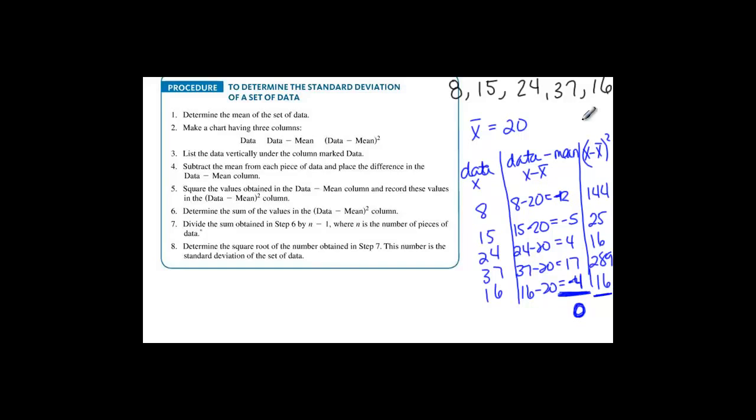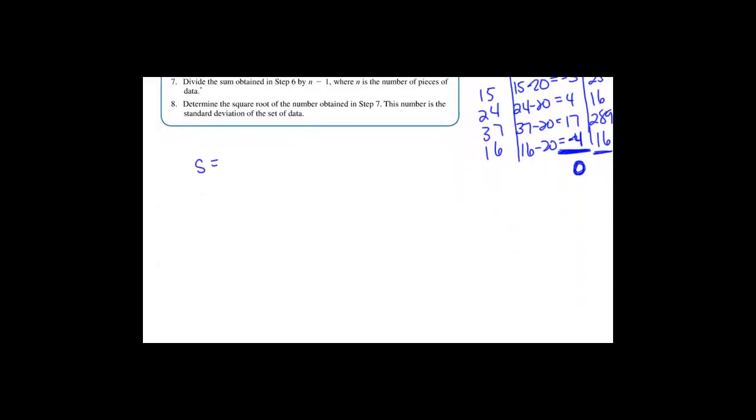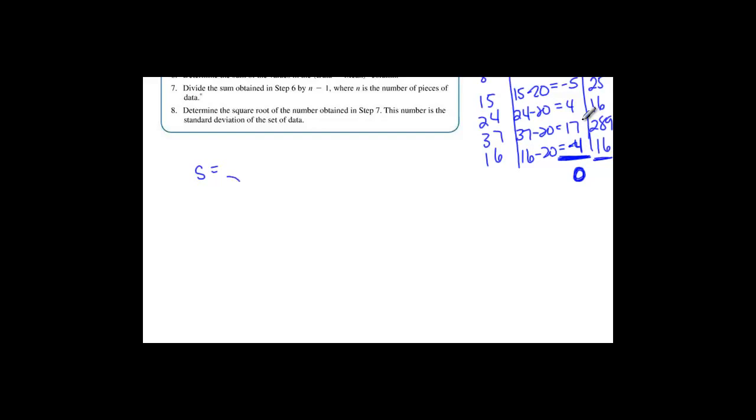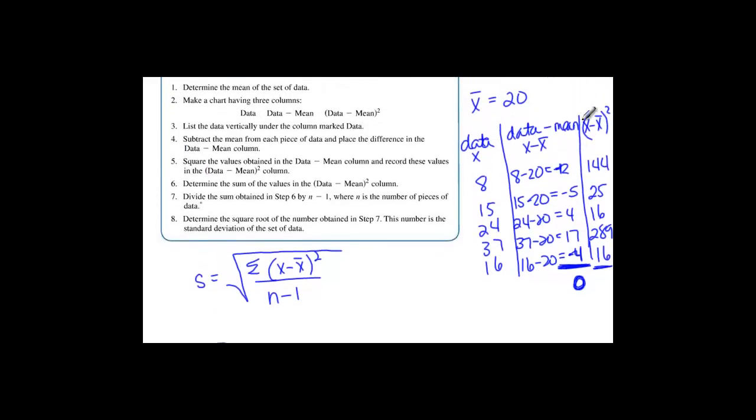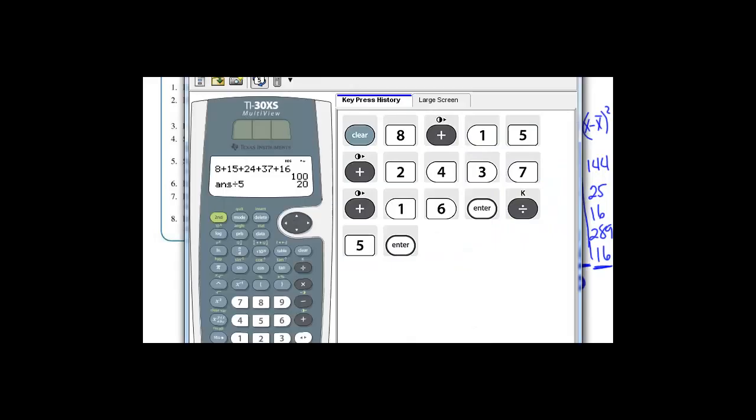And then we do want to calculate, because in our formula, let's go back to that standard deviation formula. The standard deviation formula was we're going to take the square root of the sum of x minus x bar squared all over n minus 1. Well, what we've just found in this column, this was our x minus x bar squared. When we sum those, so let's add those values together,